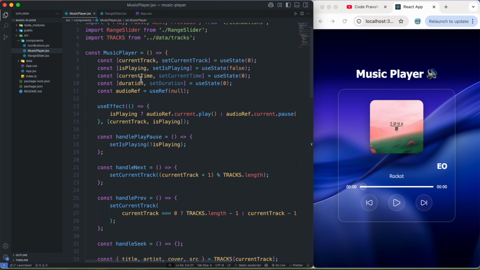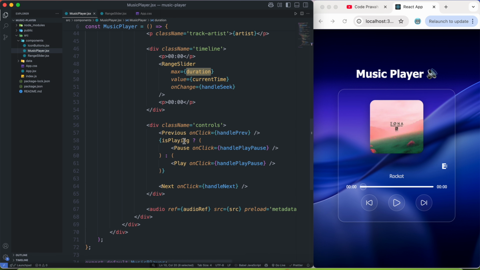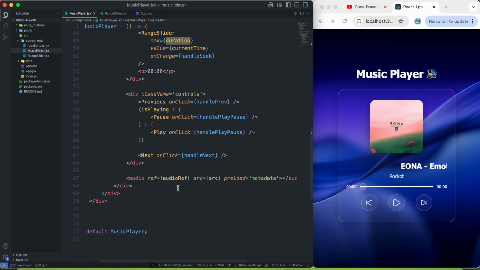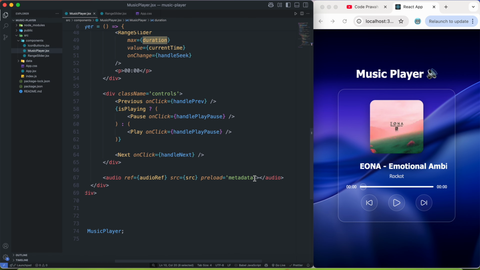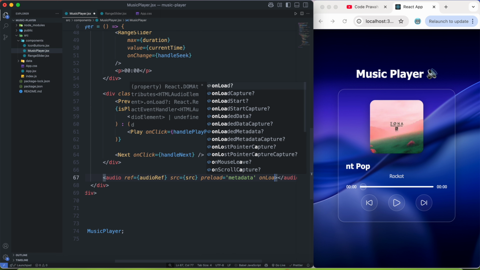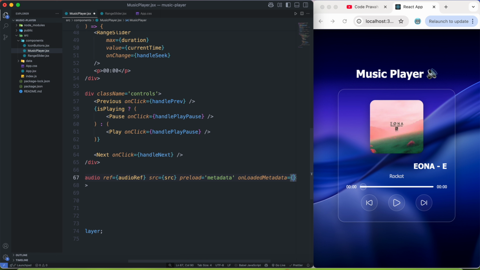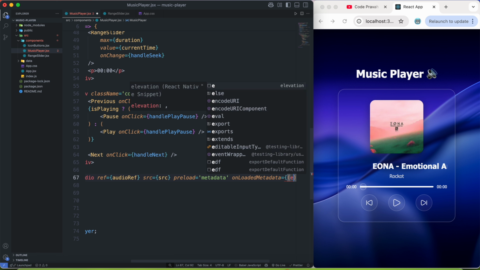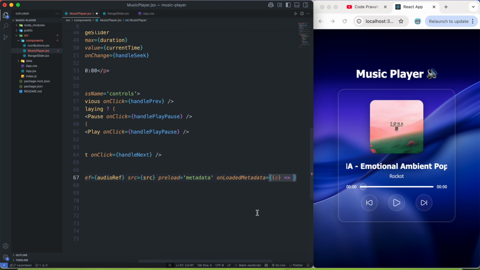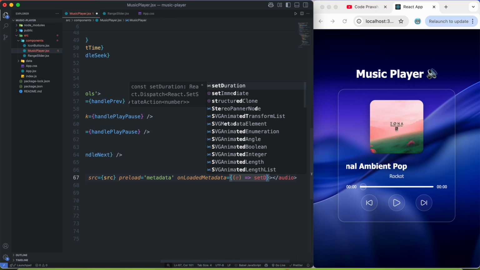Now let's work on populating the data into these two states. Let's work on the duration part. Because we have the audio component here, and if you remember, I told you in the previous video that every audio file has some metadata, like what is the length, at what volume it is being played, and so on. So there is an event attached to each audio component which we can access with the name onLoadedMetadata, and this event contains the duration. So I can set my duration as